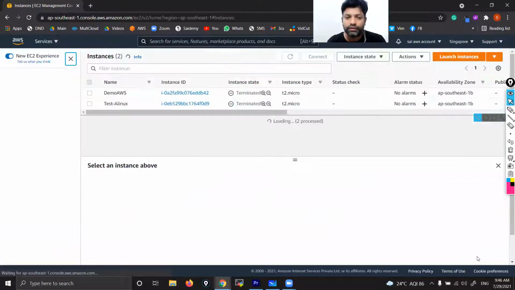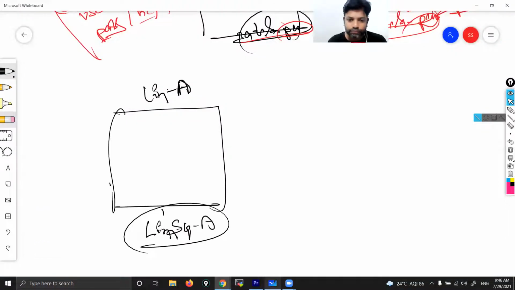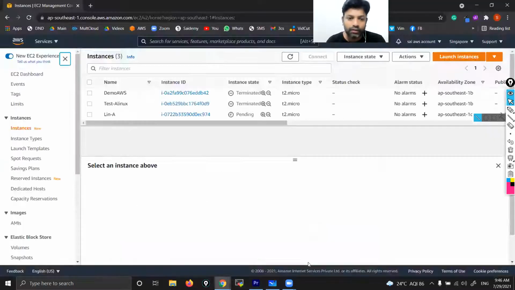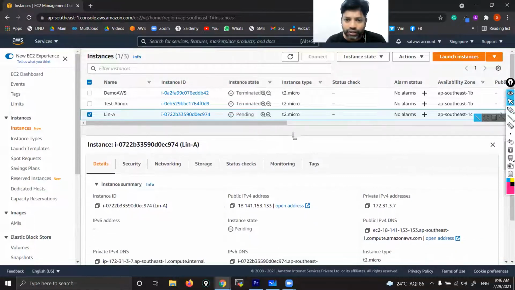View instances. Okay, see, I launched one new instance, right? While launching, I gave one security group called Linux Security Group A. If you want to see that, select that instance and under details you can see it.